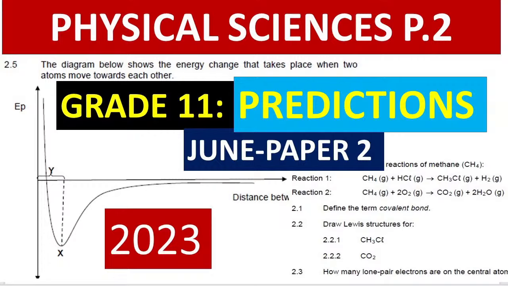We're going to focus on those concepts which are going to be a challenge to you, so that you are able to get a distinction. You need to know the following. Number one, what you call a chemical bond. Because what you're going to be dealing with is bonds. So at least you must know what you mean by a chemical bond.